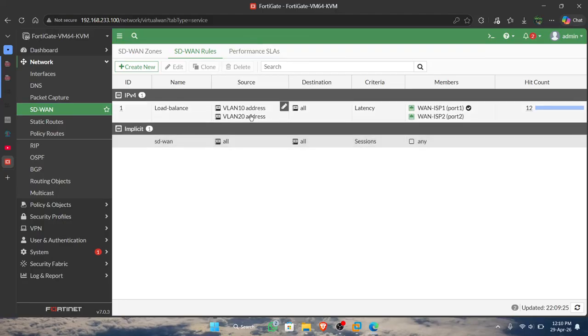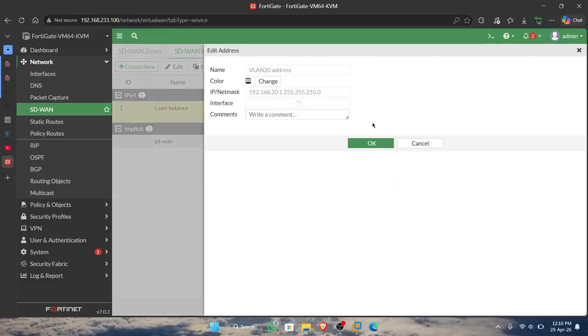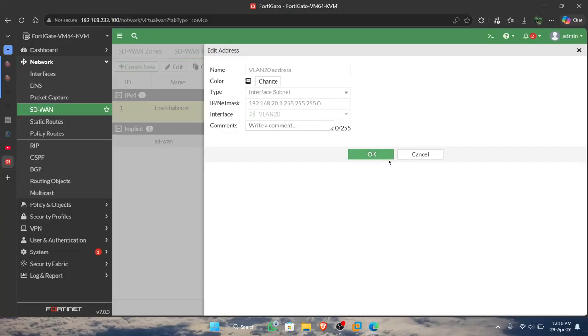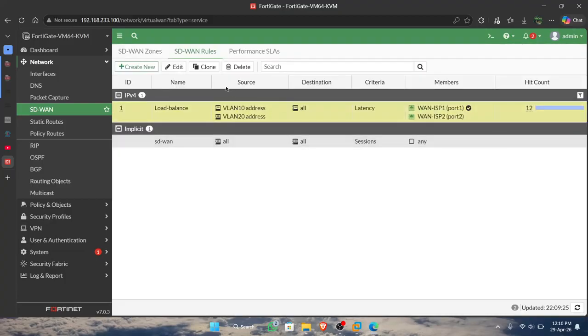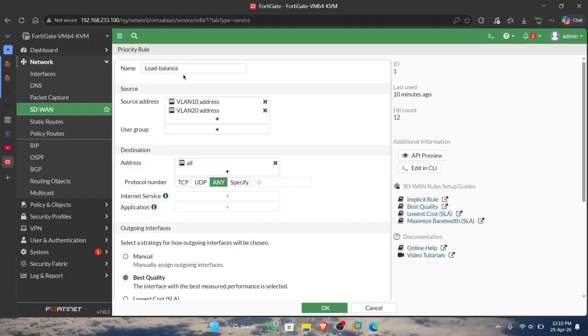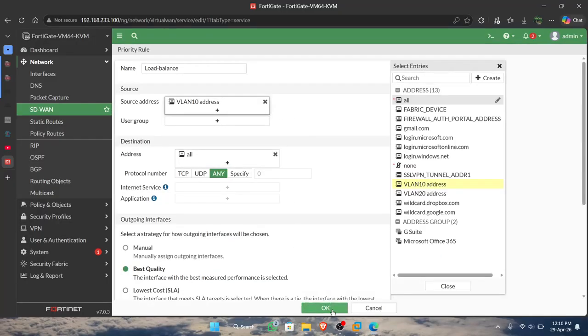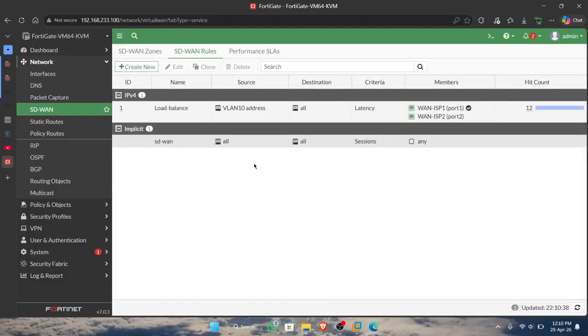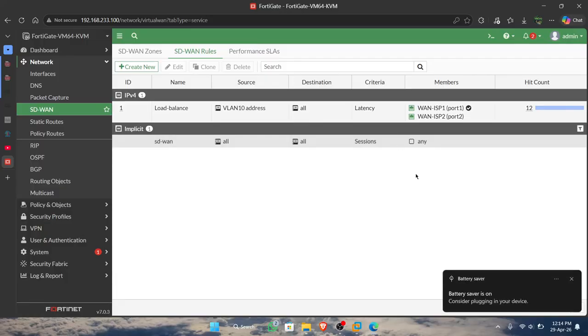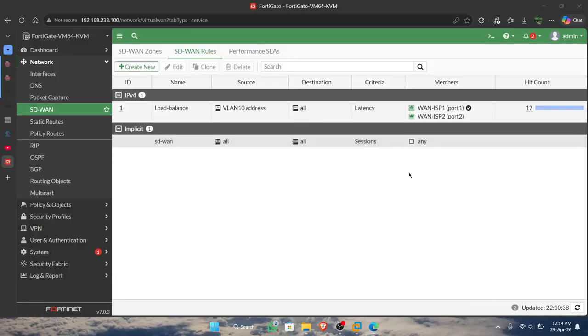Oh, I'm sorry guys, for the source, we choose one source because we will try it for one VLAN. We'll try VLAN 10. Okay, this is the config. Now we are checking the rules. For easy checking, we choose the criteria